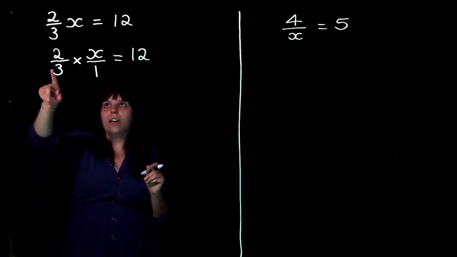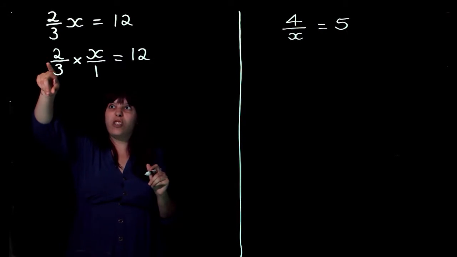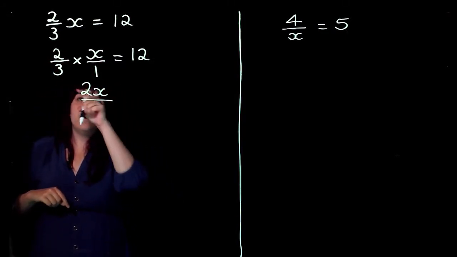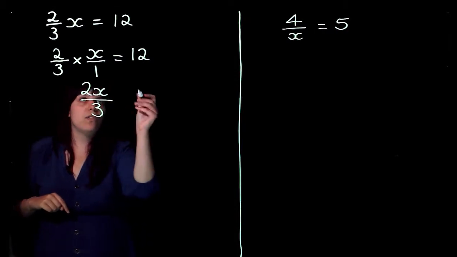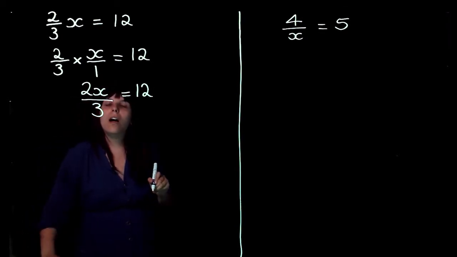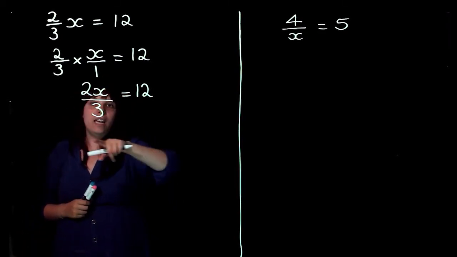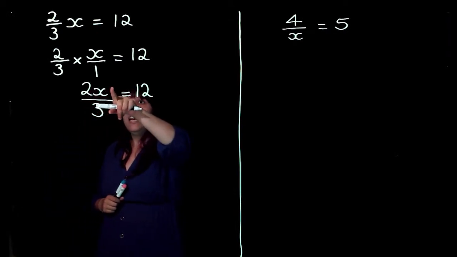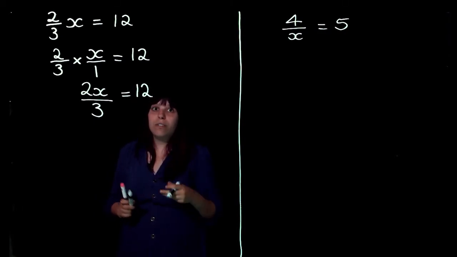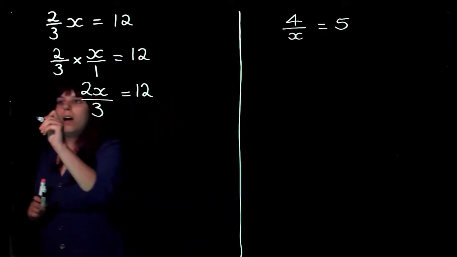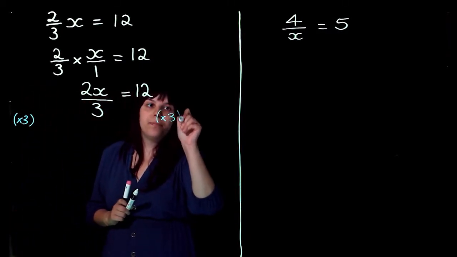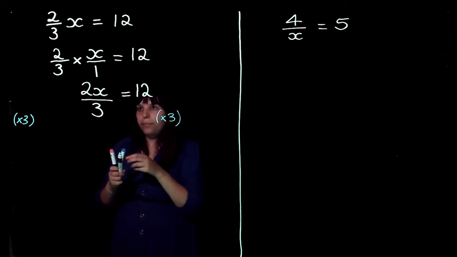Now, I know that to times fractions together, I do the numerator times numerator. So I'm going to get 2x over denominator times the denominator, so that's over 3. And that equals 12. Now, I want to get x on its own, but I'm currently dividing my 2x by 3. So that's the first thing I need to get rid of. And how do I get rid of divide by 3? I multiply by 3. And if I do that to both sides, I'm going to get